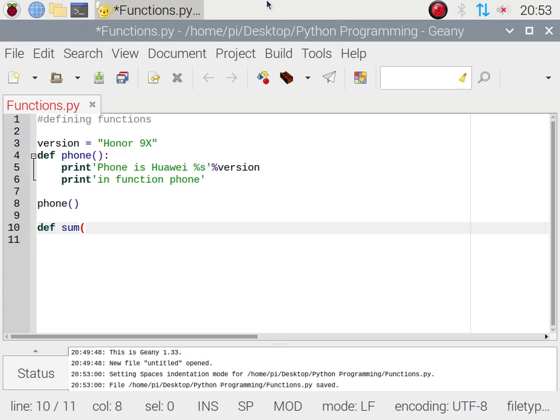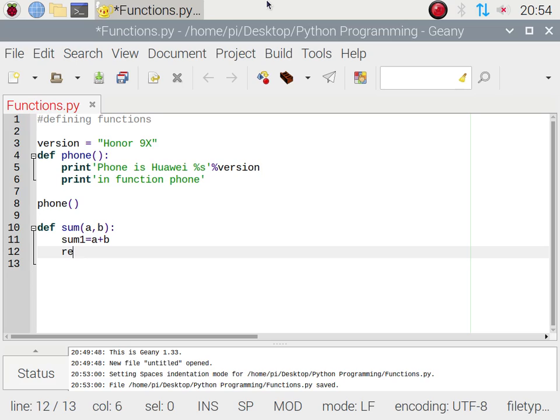We are going to give two arguments, a comma b, and then a colon. Now we are going to define one sum variable, sum1 is equal to a plus b,